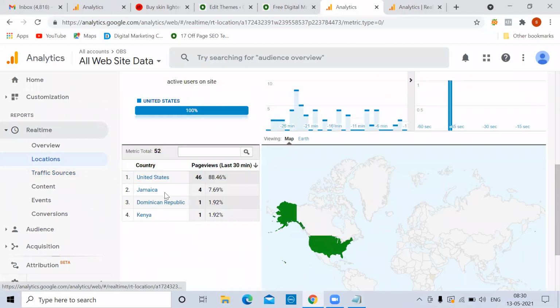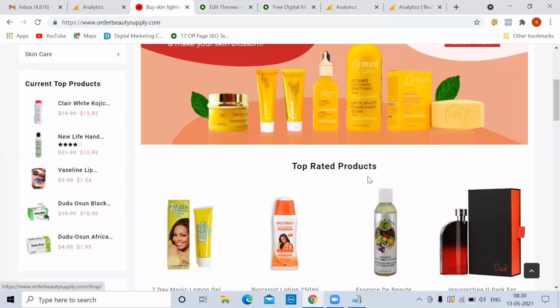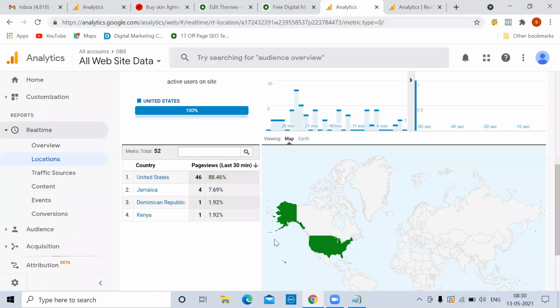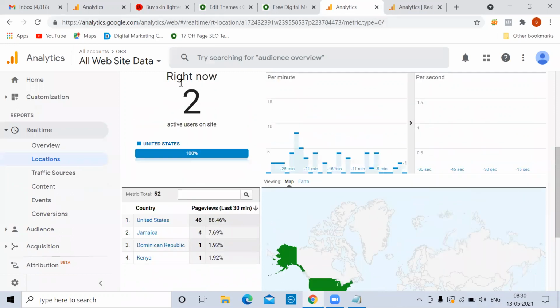See, traffic can come from different countries, but as of now, when it comes to this website, we are shipping only to US territory. Maybe if we ship to every other country, then this will also matter. As of now, more than 200 countries are visiting this website because SEO is working good actually. So this is the real time live data. You can check how many people are live, location, traffic sources, what content.